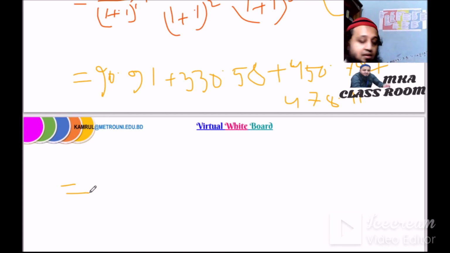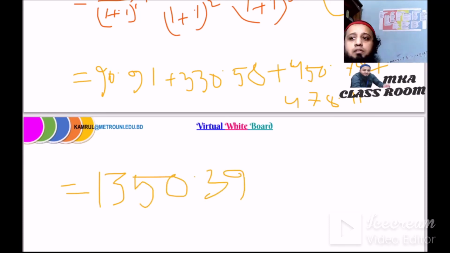From my calculator, it shows the result 1350.39 taka. This is our total present value of this problem. So, here again we will see